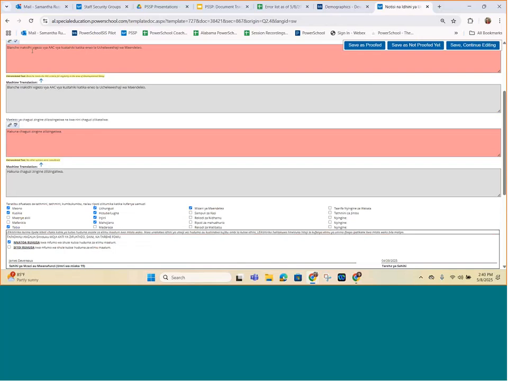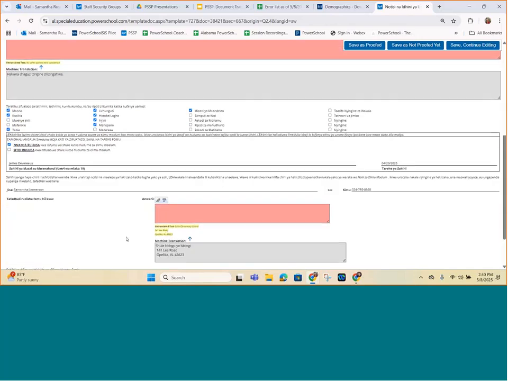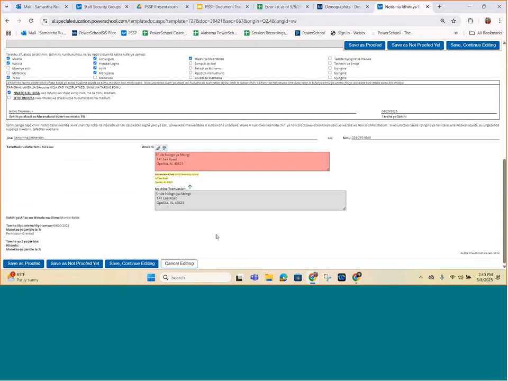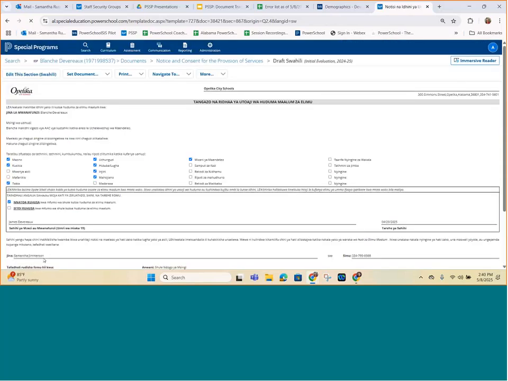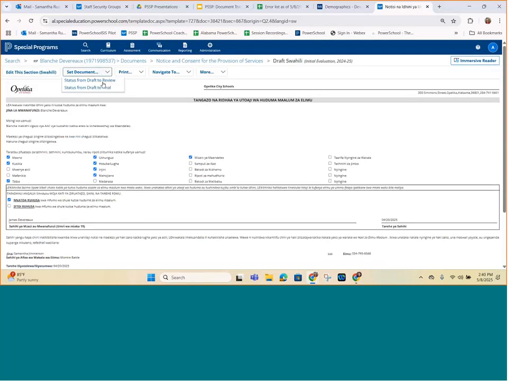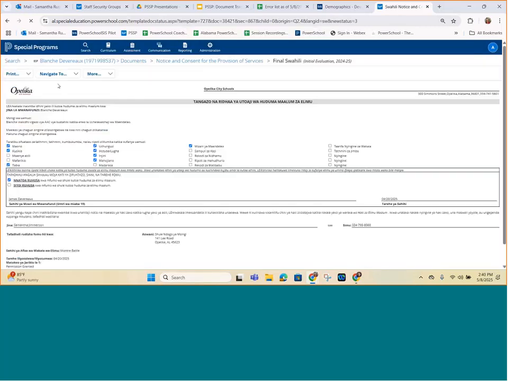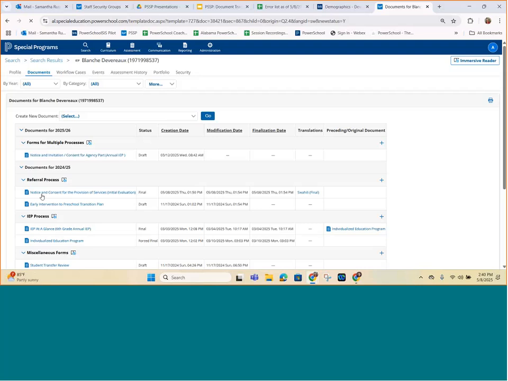So now I have Swahili, and all of this other information is translated. I need to insert the address, and I'm going to save this one as proof. I'm going to pretend that I speak Swahili and I have proofread it. And then I'm going to set this document from draft to final. And now I can see in my document hub, there is an English version and there is a Swahili version, and it is in final. And that is